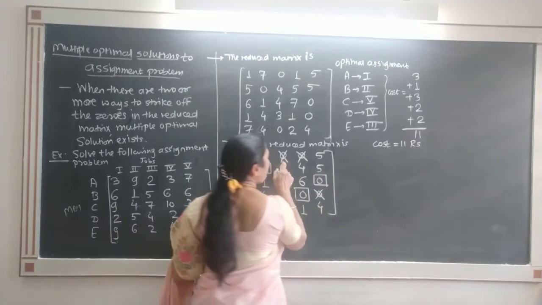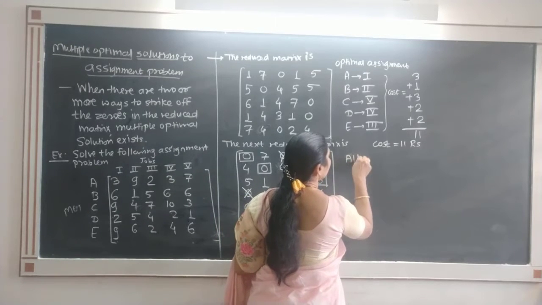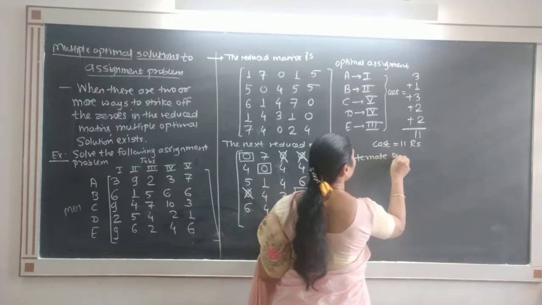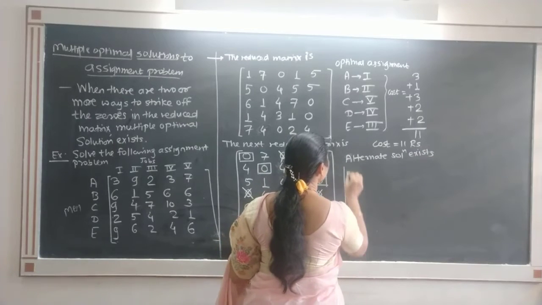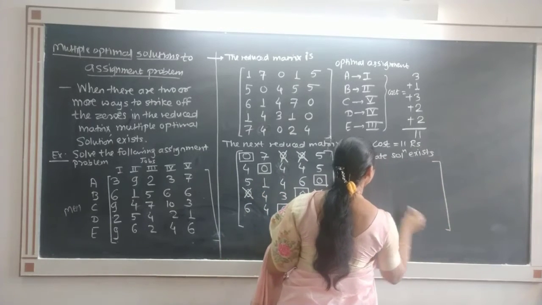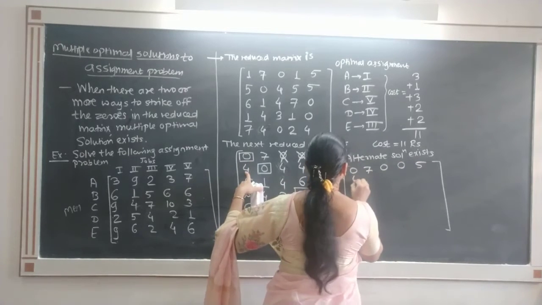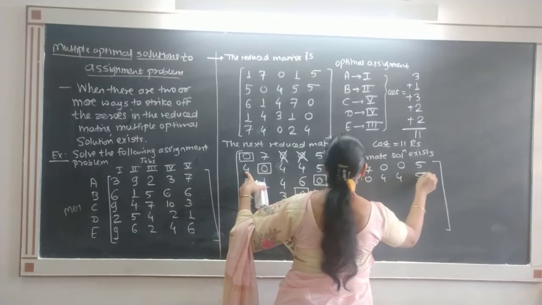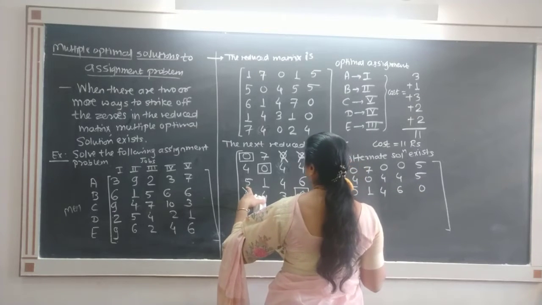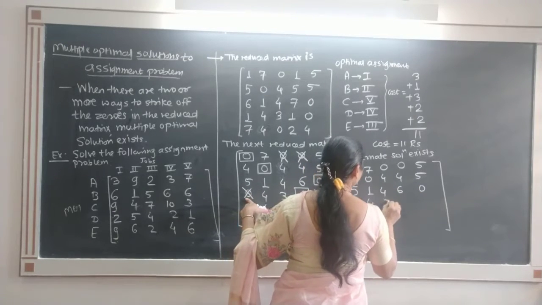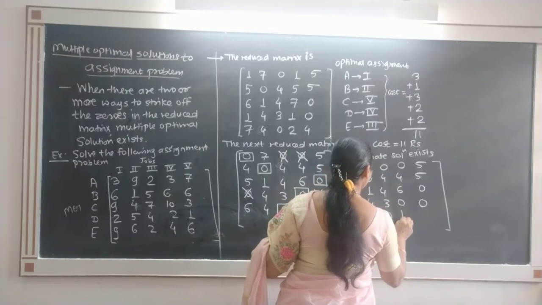Now see, we say that an optimal solution exists. So to find the alternate solution, we will find the multiple or alternate solution, and what is it? So consider the same table again. So consider this matrix as it is and we will do another assignment. 0 7 0 0 5, 4 0 4 4 5, 5 1 4 6 0, 0 4 3 0 0 and 6 4 0 1 4.